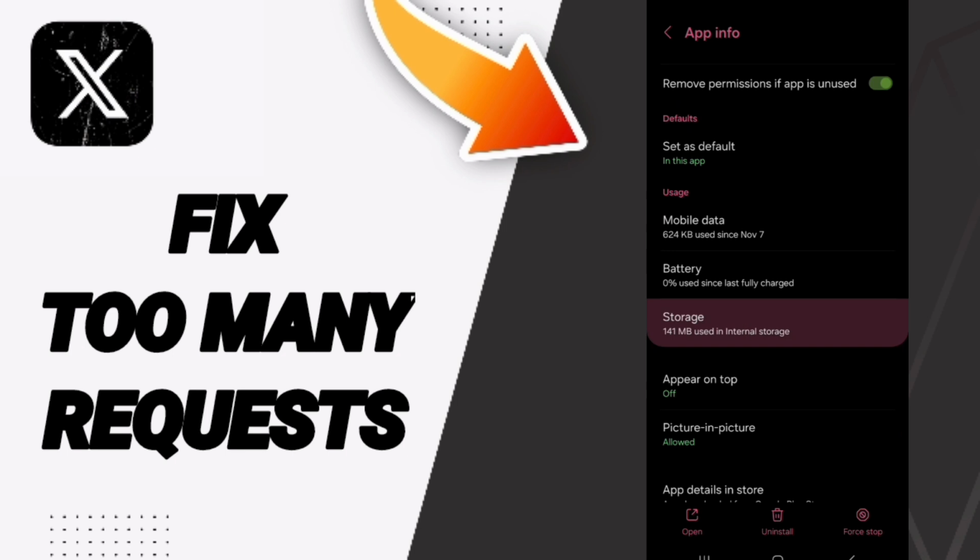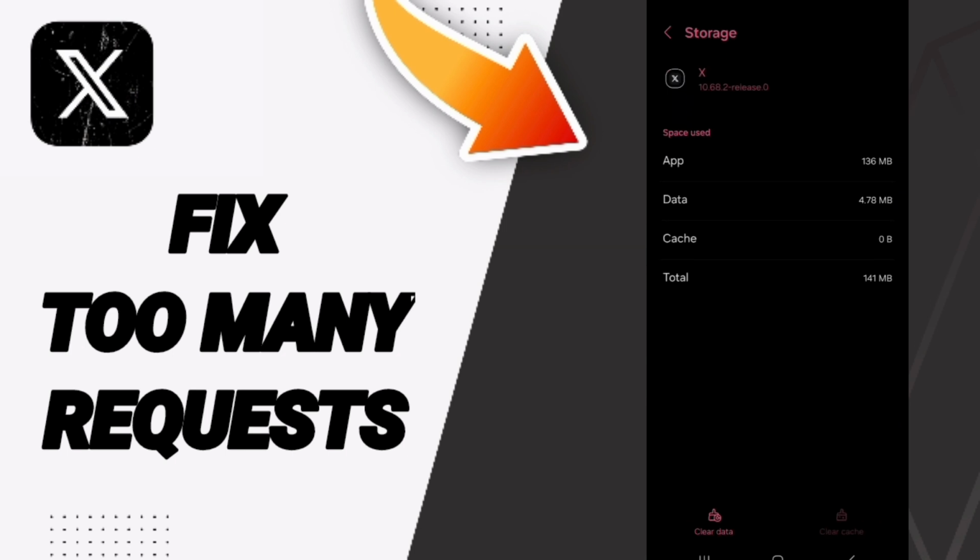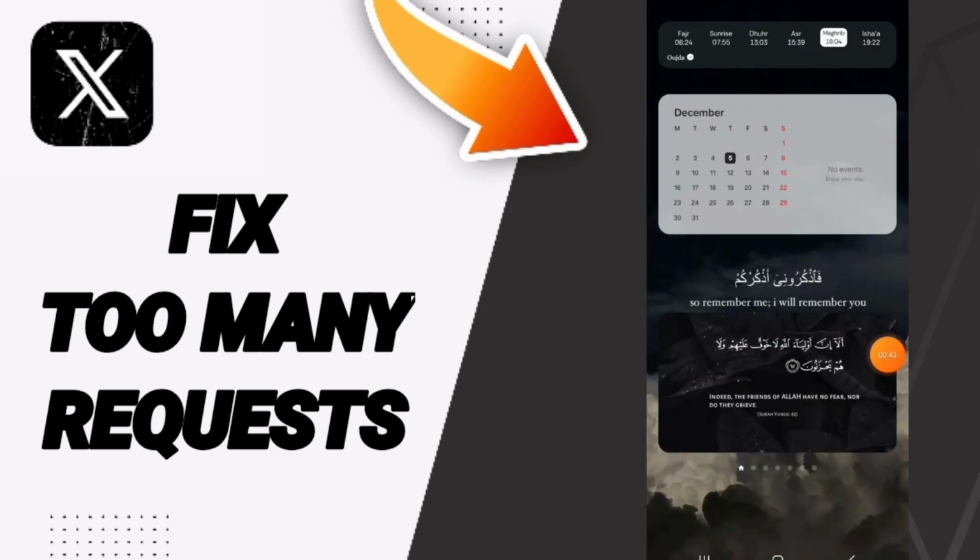Here you will enter the window of storage. Here you will click on clear cache, but pay attention, don't click clear data because that can delete your account. In the end, you can turn off your phone and wait a moment to restart your phone again